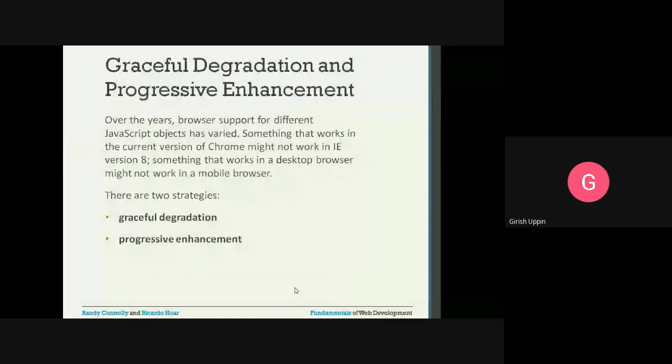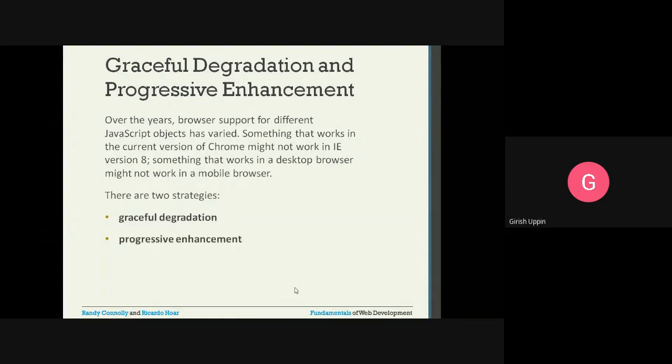Graceful degradation and progressive enhancement. One approach you can use is this: because all browsers are different, and there are different versions of the browser, whenever you are developing a web application, you have to keep in mind a certain set of browsers and certain versions of the browsers and what they support.